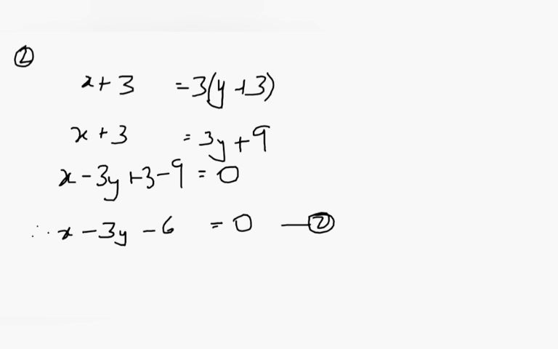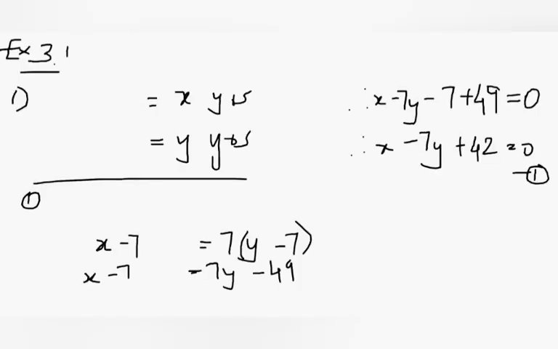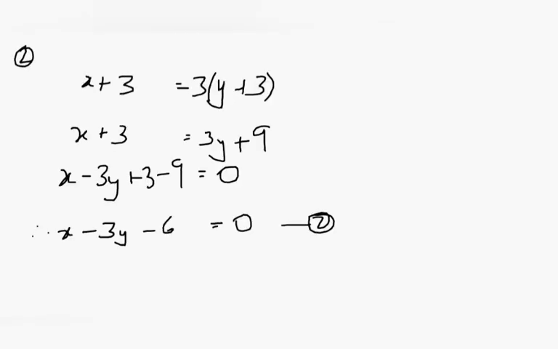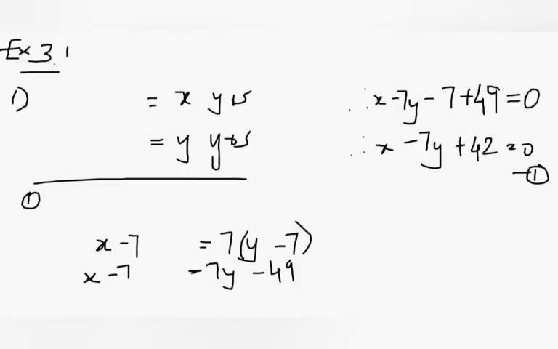Now for graphically, as you all know, we just plot the numbers, or we assume the values of x and y such that they are preferred in the situation given. So the first equation is x minus 7y plus 42 equals 0. Now we can take anything like 0, minus 1, minus 3, plus 10. We can use any number.